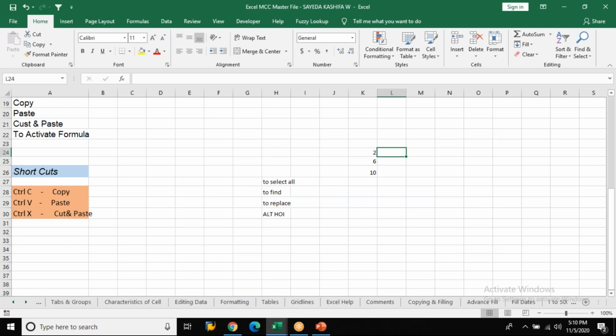If I ask you what function will you use to combine first name and the last name, what is your answer? Exactly. So that kind of questions they can ask. What if I ask you, if I want to convert the data which is in the form of vertical into horizontal or vice versa, what function will I use? That's it. It's simple as that. What is the difference between now function and today function?